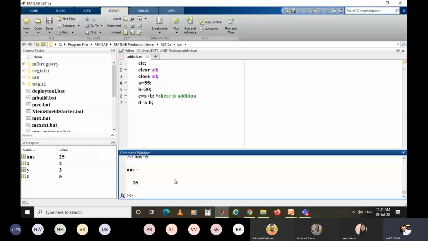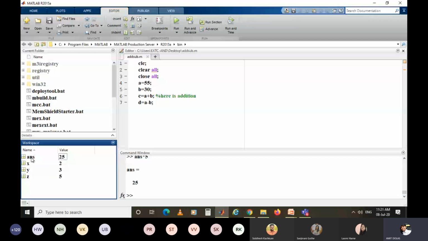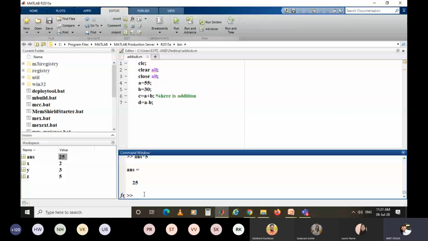But now the variable ans is updated to 25. So don't expect there is 5 inside ans now. It is now 25. You can see in the workspace here. If you do the same operation again, ans multiply by 5, now it is not 5 into 5, it will be 25 into 5. So the result is 125.